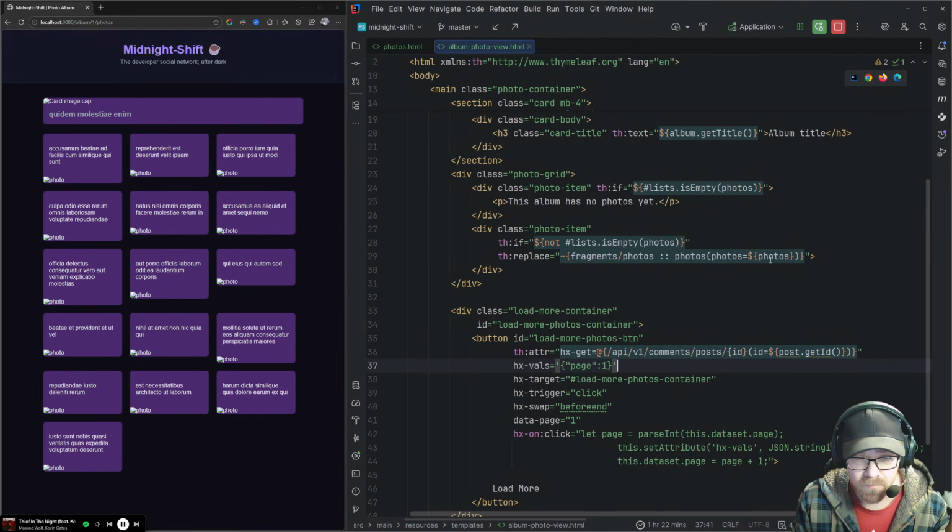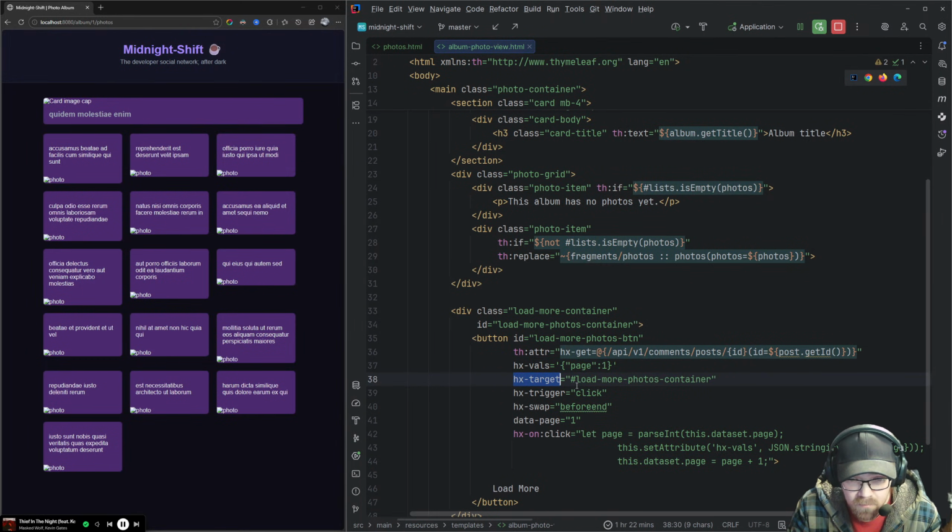Replace the photos with photos, and then we're going to stick the button into here. Which I'll worry about in a minute. Load more photos clicked before this here, and this is photo grid before the end.